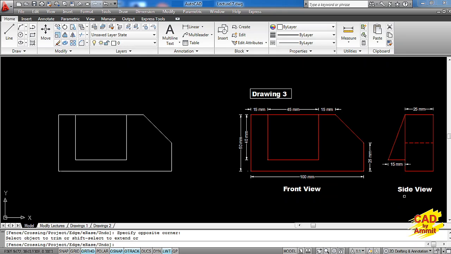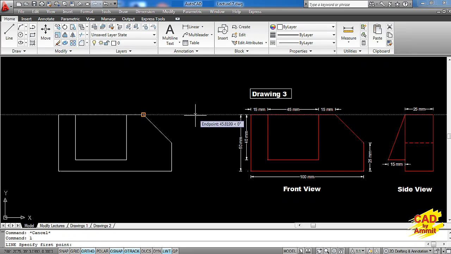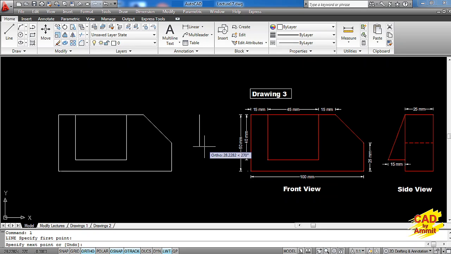Now for starting with the side view, I can again take the line command. I'll take the reference of this point because it has to be in the horizontal alignment. I'll click here, move it down, and the height of this should be 50. I'll type down 50 here. Now we go for an offset command. I'll type down the value of 25 because here the distance is 25. I'll select this line, click on the right hand side. Then we come out of the offset command.